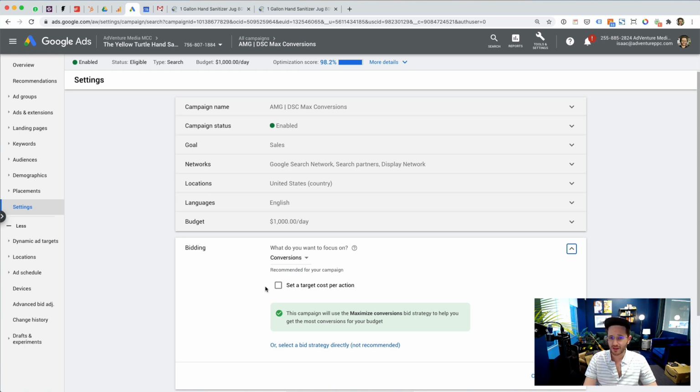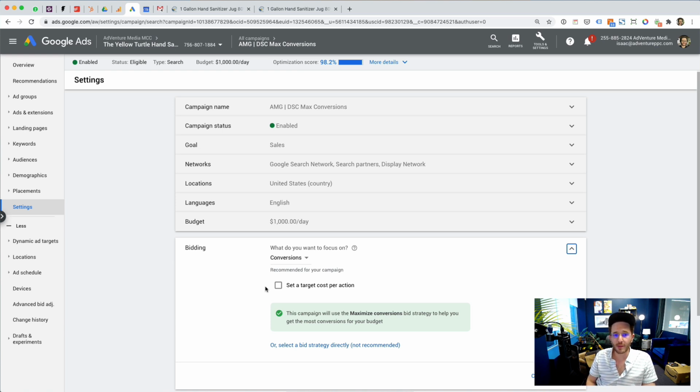And we're not even that profitable now. We're at about break even in terms of the arrangement that we have with the client, because all of this spend is going through Adventure Media's billing. But be that as it may, that's how I like to do things. So that's why I personally didn't set a target cost per action. I think it's better to not set a target cost per action if you're launching a